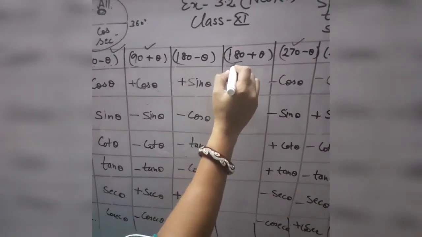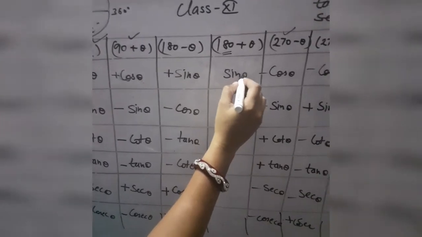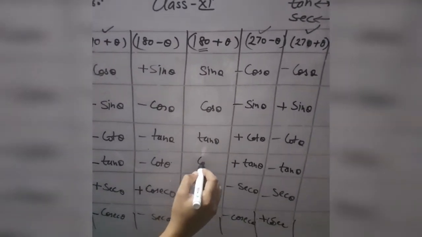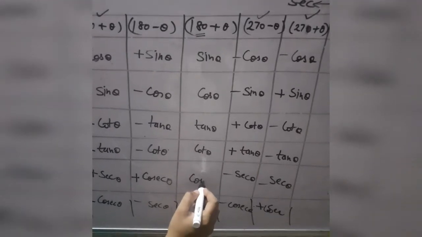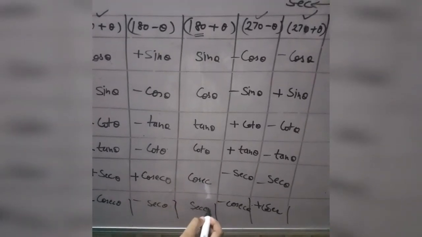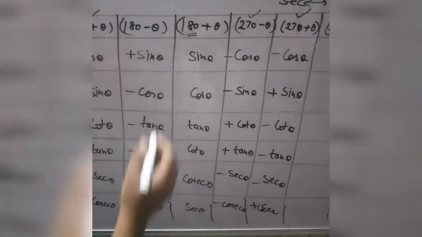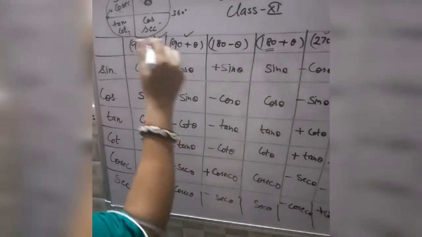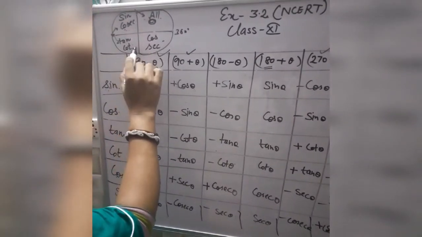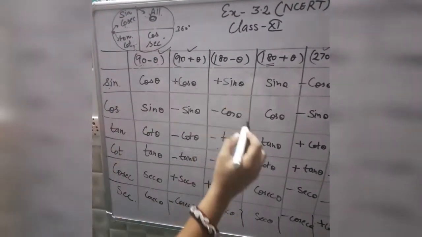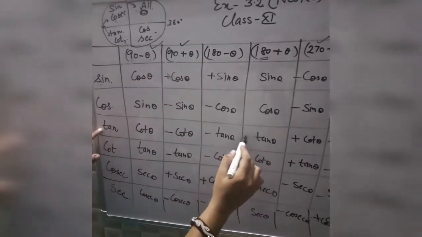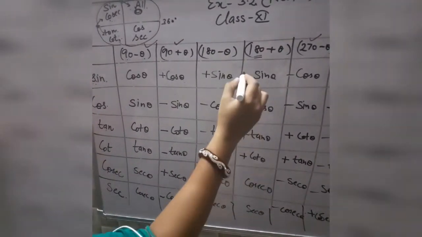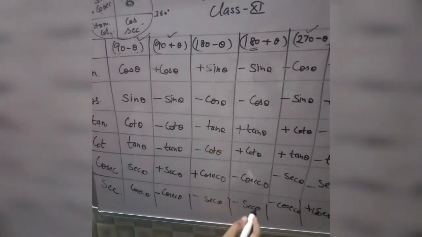Similarly here also 180 is written again. Sine will remain sine, cos will remain cos, tangent will remain tangent, cot will remain cot, cosecant also, no change in secant. But with these, here also see the positive and negative signs. 180 plus something means you reach the third quadrant. In the third quadrant tangent and cotangent, these two are positive. In front of tangent you take a positive sign, in front of cot you will take positive. The remaining 4 will be negative.